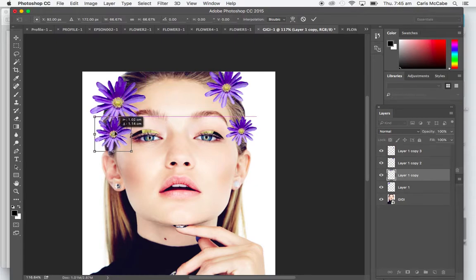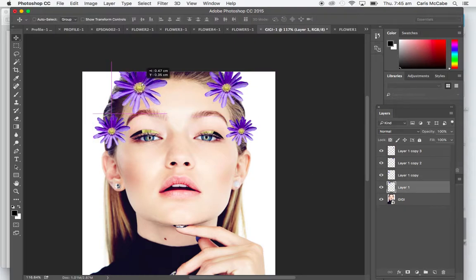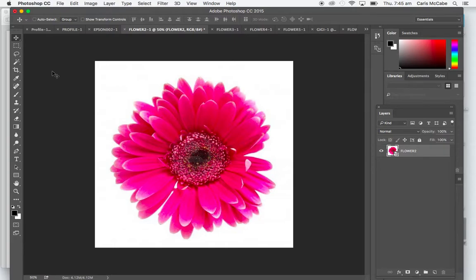And the trick with this one here is just more about balance than anything else. So you just want to make sure all the objects are nicely balanced on the portrait. Okay, so we'll go to another flower, get the magic wand tool again, click in the background, then go Select, Inverse,